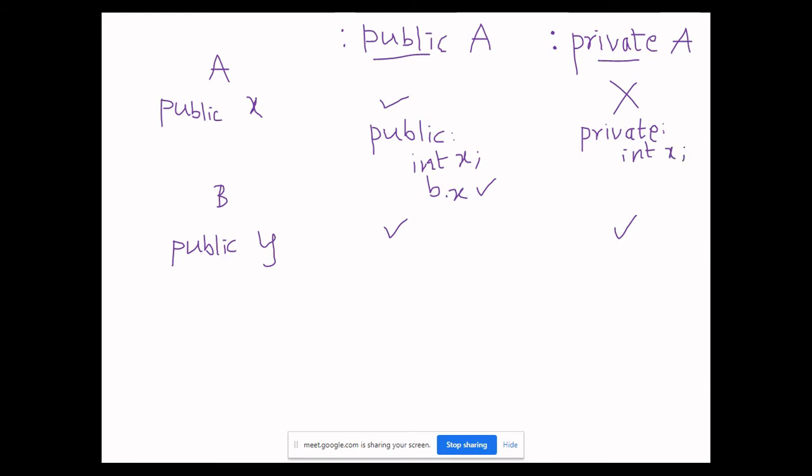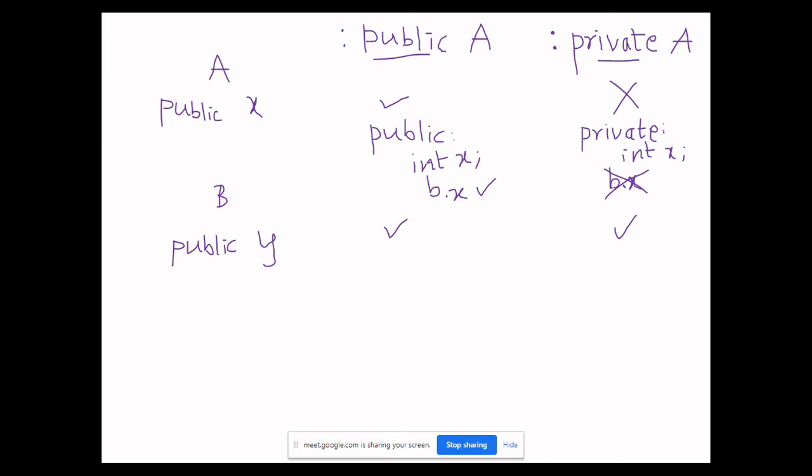So x, which was public in class A, becomes private in class B. So as a result, if you write b.x, obviously this is not acceptable. You cannot directly access private members using dot operator. You can access them using member function, but never directly using dot operator.